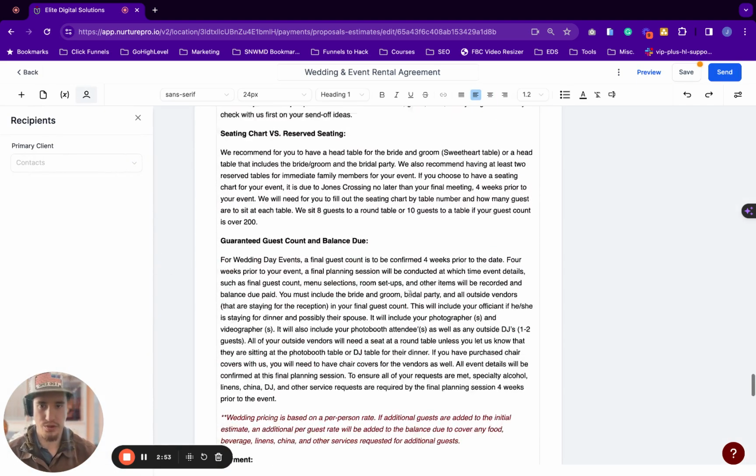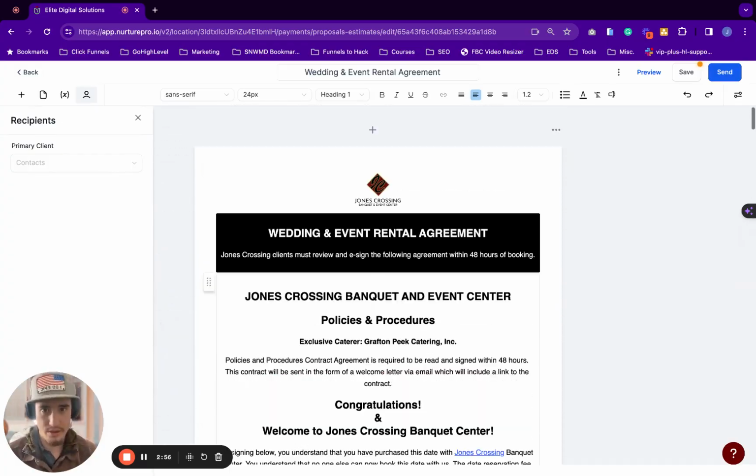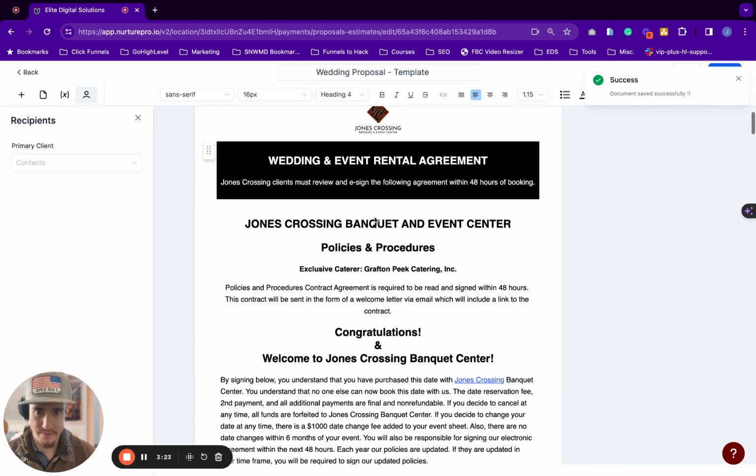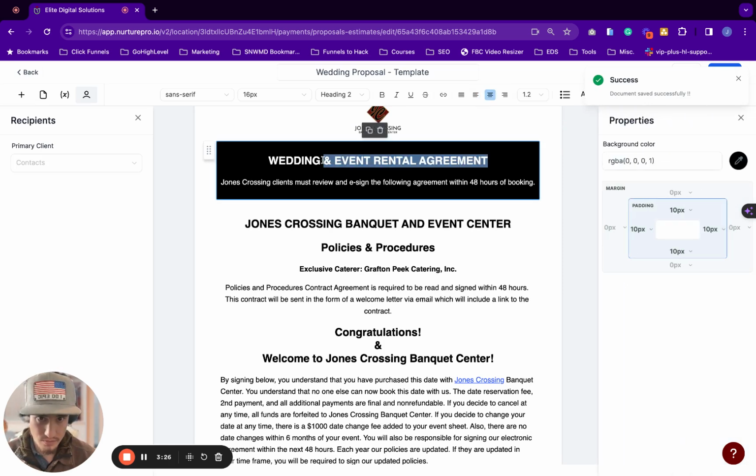And then once you're in here, it'll create a new proposal. And if we want to change the title up here, we can change this to wedding proposal. Make it a template. And so what we can do is, once we're done, we can convert it to a template. So we'll go ahead and save it there. So we are pretty much copying this other one. So we'll do wedding